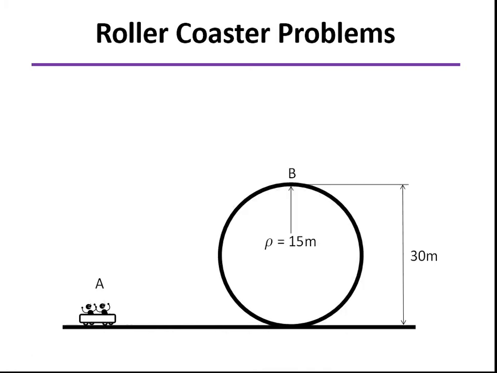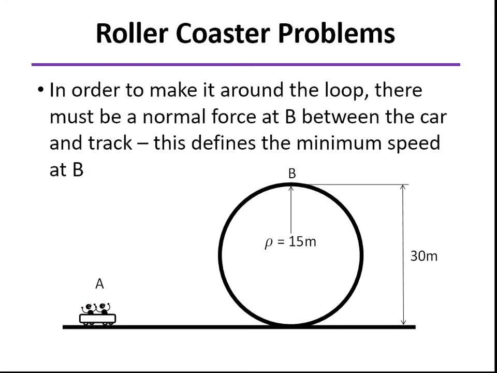A similar problem might be one where we have the roller coaster car going around a loop, and we might ask what's the minimum speed that will make sure that we get around the loop. And for that, we have to make sure that there is a normal force between the car and the track at B, so that force doesn't drop completely to zero. Once we do that, that normal force relates to a normal acceleration, and the normal acceleration again is v squared over rho, so that'll define the minimum speed that I need to have at B to get around